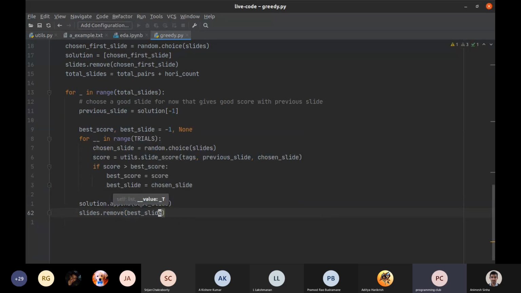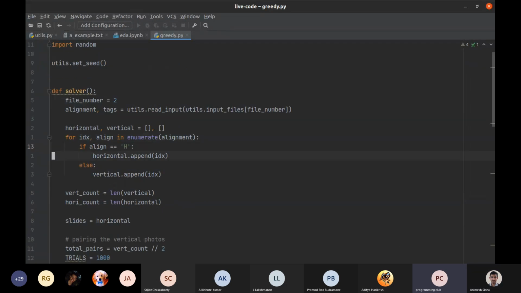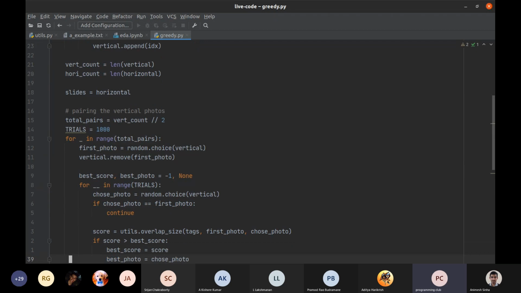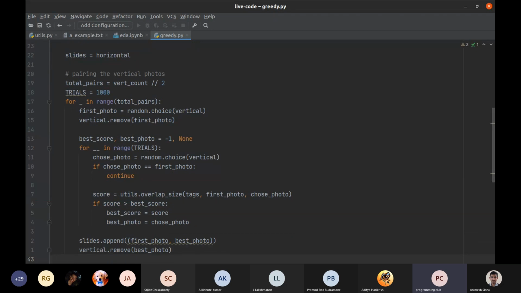Right. So basically there were two parts to this solution, if you couldn't tell. The first part was pairing the vertical photos. The vertical photos don't go alone, so you need to find a pair for them. So that is what I was doing in the first part. Now once I'm done with that, I want to arrange the slides. So now I have paired the vertical photos.